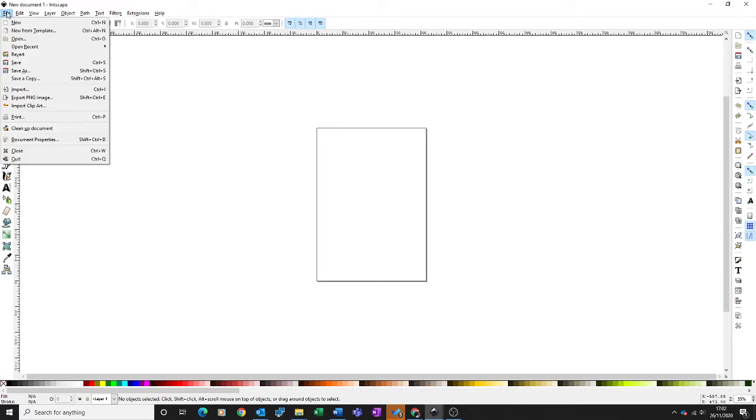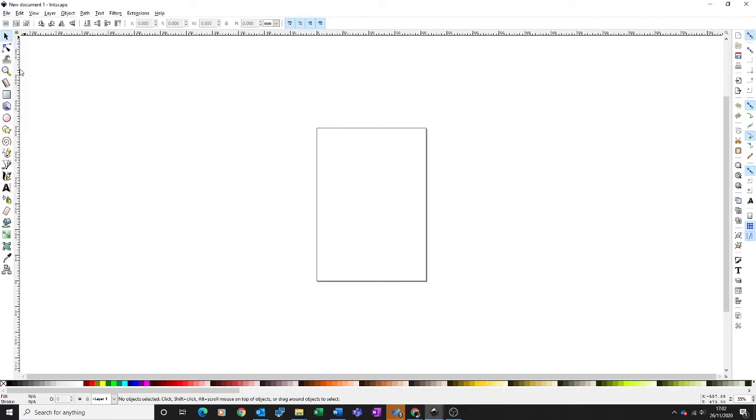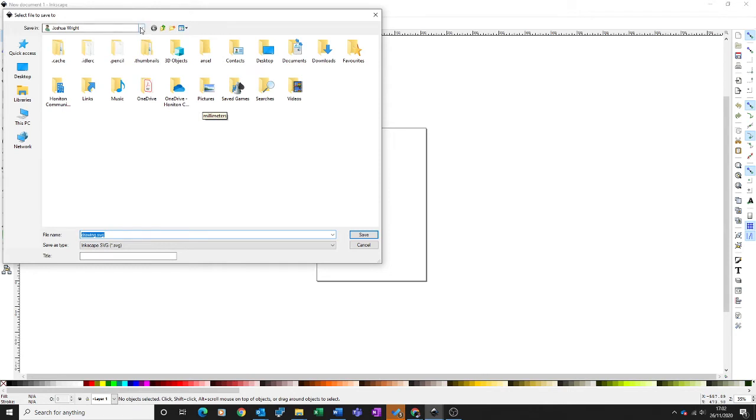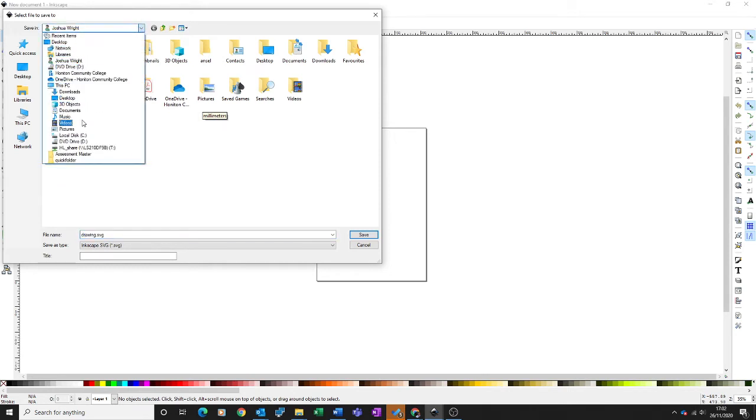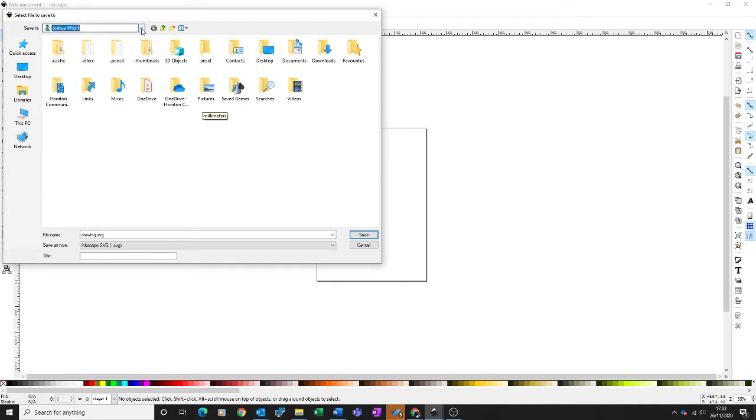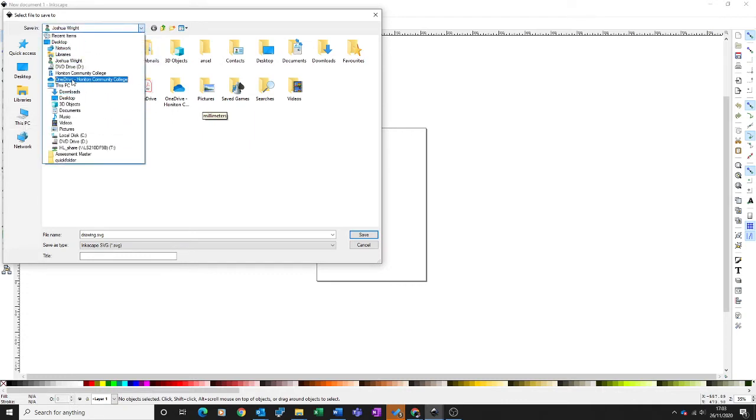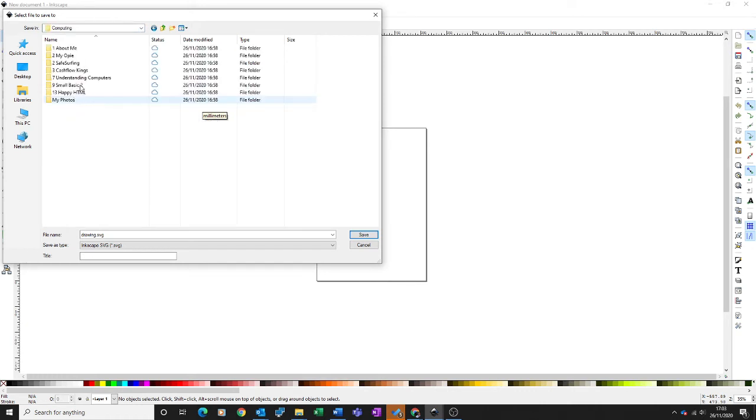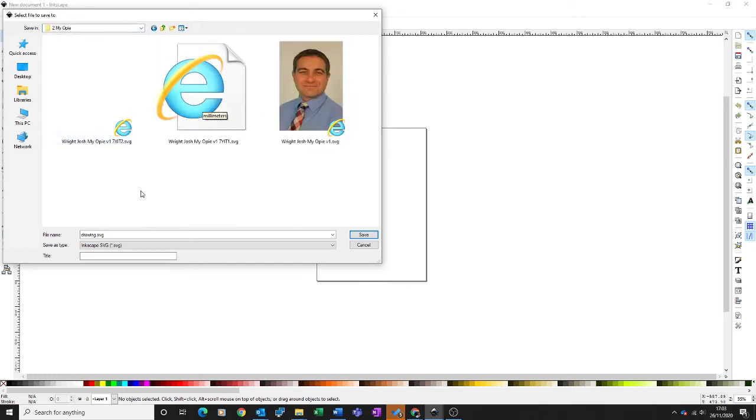First thing we need to do, as always, is make sure we save this file. Now your OneDrive may be up here in the drop down box, you may be able to find it, or you may be able to find it on this PC. So when you've found your OneDrive, go into your computing folder, go into your My Opie folder, and when you